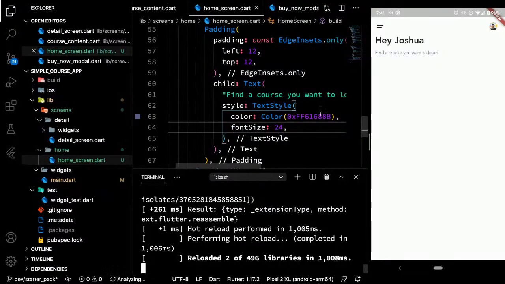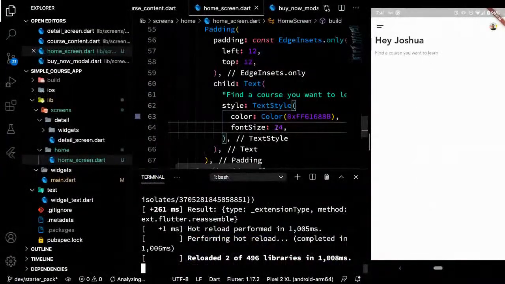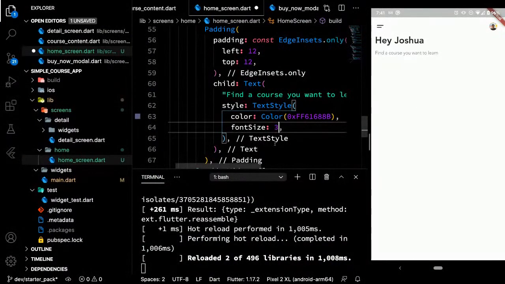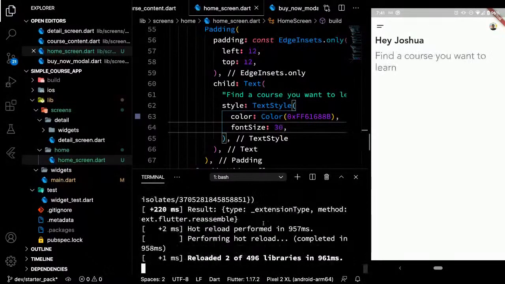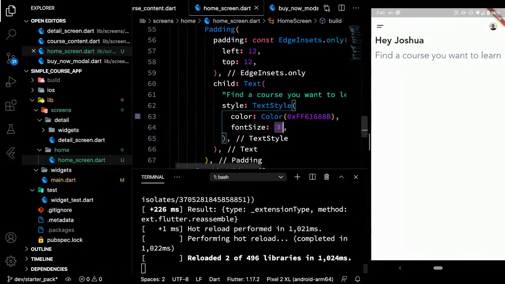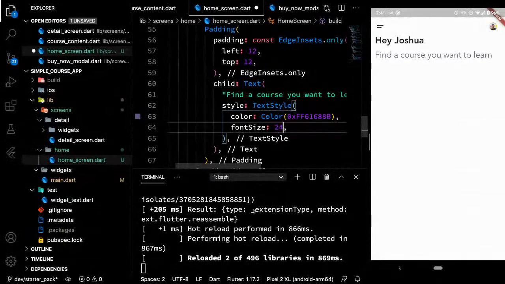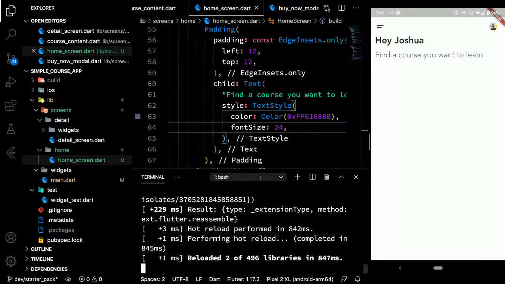Okay, that looks great. But I guess we could change this to 30, so I could actually see it from my screen. That's a bit big. Just use 24. All right.